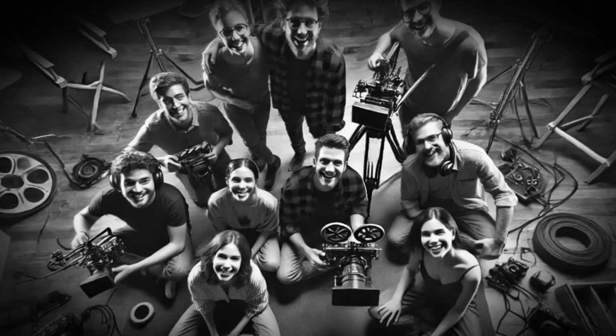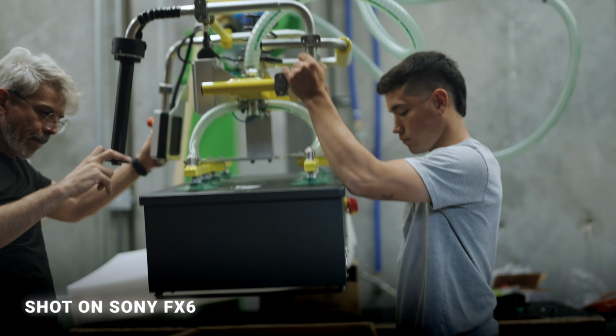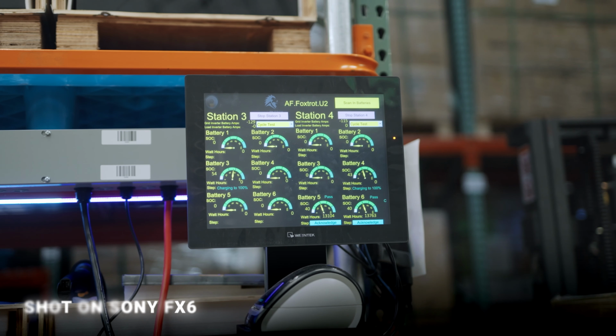I actually own the Sony FX6, and let me tell you guys, having internal ND filters just makes my life so much easier when I'm filming, as I don't have to worry about putting another filter on top of my lens. The fourth feature that I would really like to see on this new camera, if possible, would be some